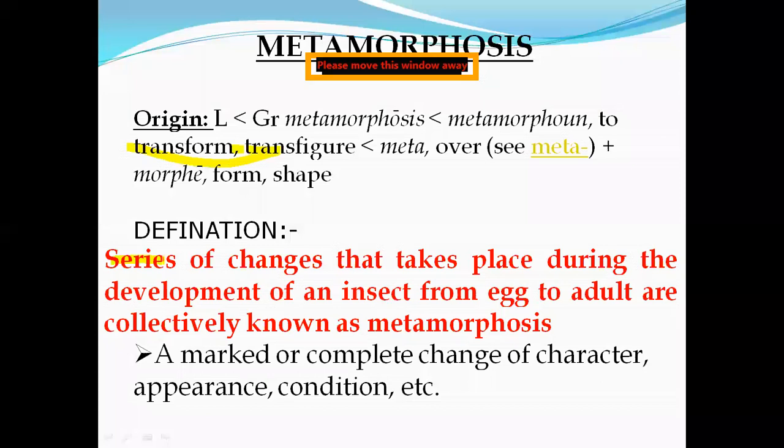Suppose a female lays eggs. If an insect's female lays eggs, there are also some changes that occur. It means that when laying the eggs, the egg color is also very different, and during the hatching time there is a complete change. After the egg hatches, the larva comes out, or nymph, or naiad, or maggot. I am talking about the different stages that come in various orders.